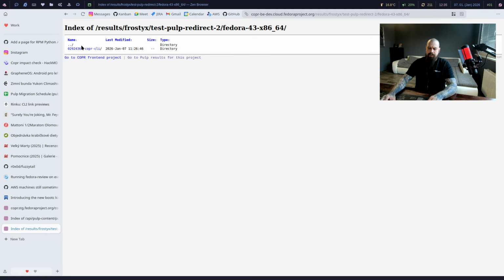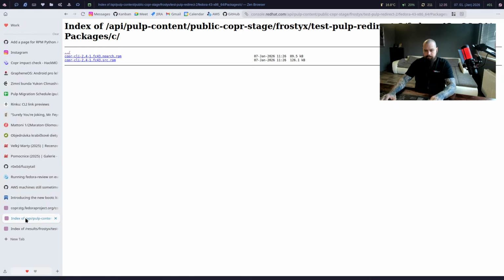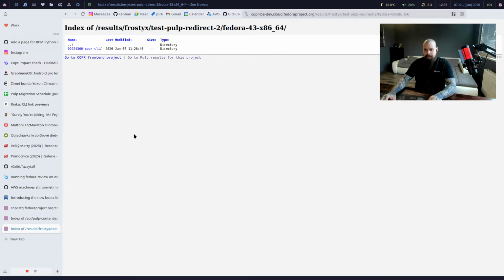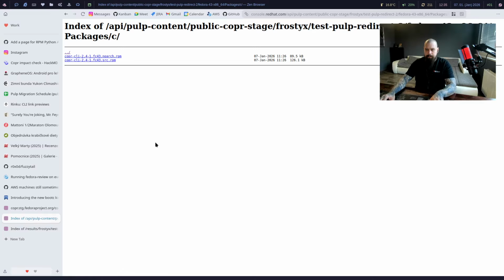No, the repo data isn't here. They shouldn't be, since it is in Pulp. Okay, so that would mean the redirect works. I think the redirect works for the repo data because the repo data is missing here. Therefore, it would be redirected to the Pulp results,